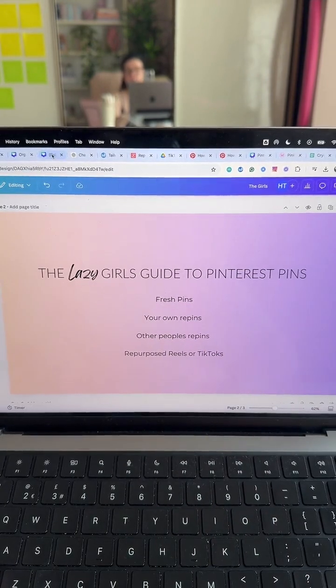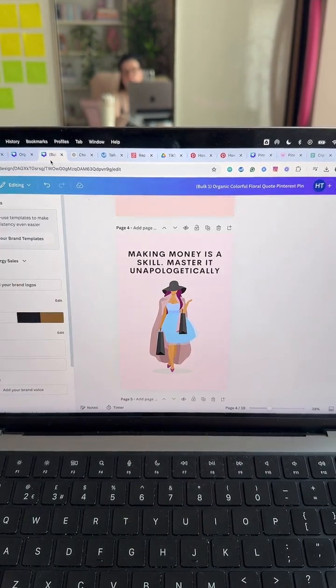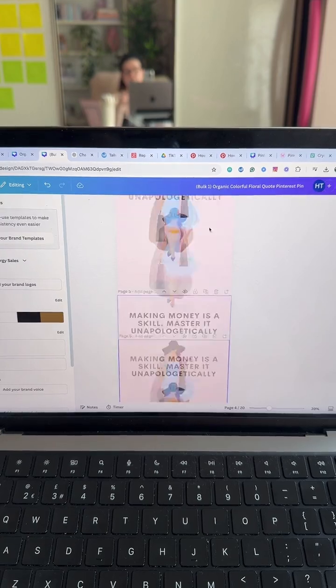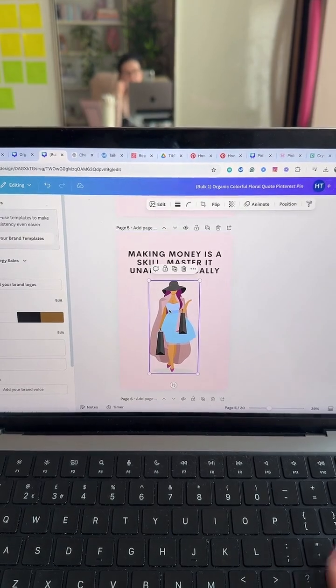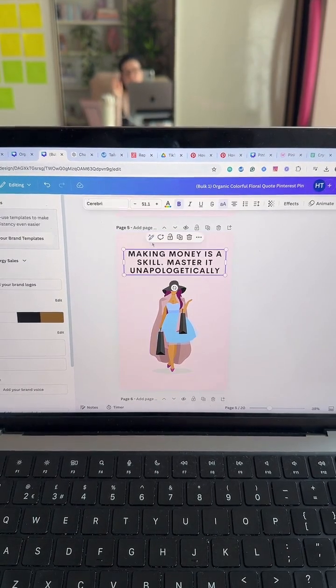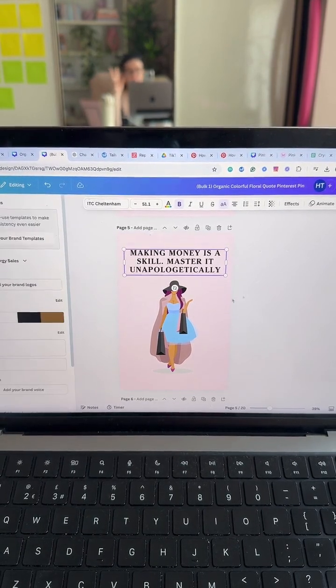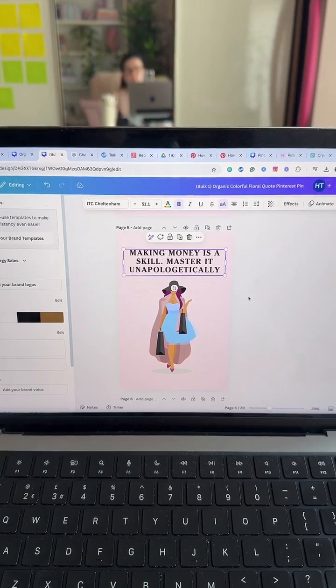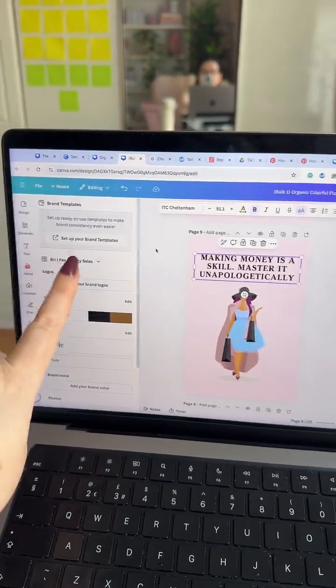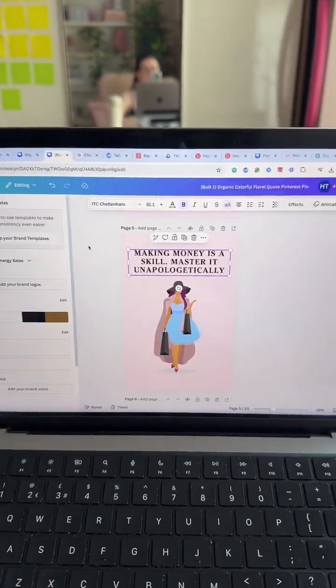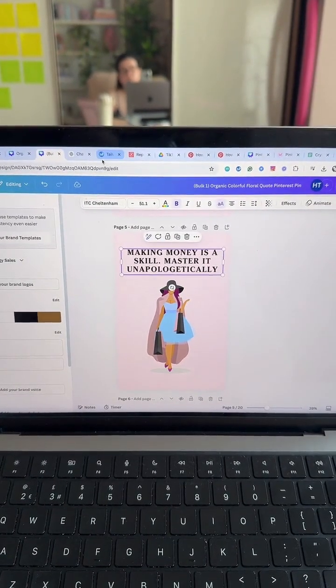And remember what I showed you, you can go through and duplicate pins, and this is my favorite process: duplicating, changing things slightly, adding stuff in, changing font styles, playing around with different colors, just different styles. That's a really good way to do it. Make sure that you're using Pinterest templates, Canva templates, because that's really helpful as well. That's the first thing that you can do.